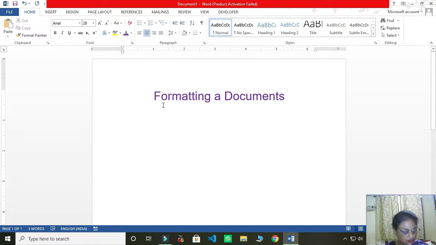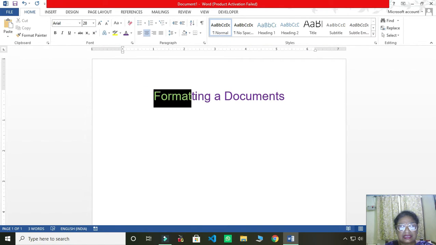Now children, we can apply styles also. We can make our text more attractive and give more emphasis on our text. Suppose this is a heading and I want to make my heading bold.